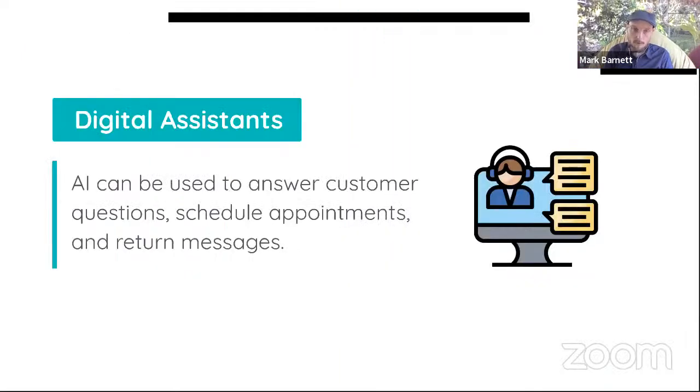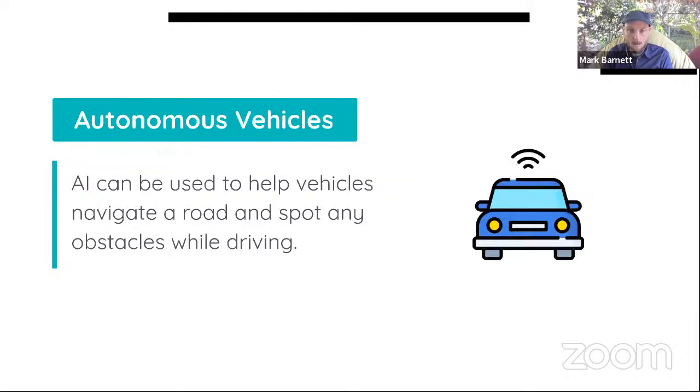So here are some examples of things that you might be using that are designed with artificial intelligence. The first is digital assistants. Maybe you use Siri, or you use Alexa or some other digital assistant on your mobile device to remind you when your next meeting is, or you might ask it to save an item to your shopping list for later. So digital assistants are starting to become very popular, and people use them all the time.